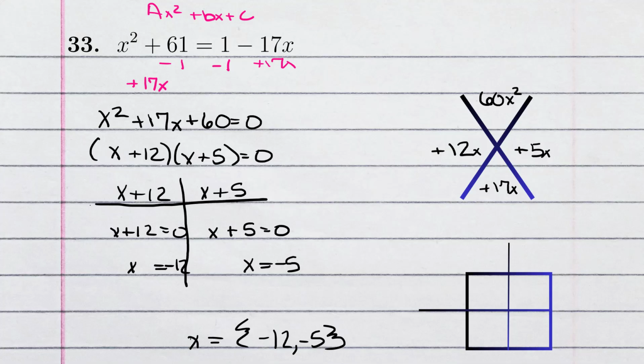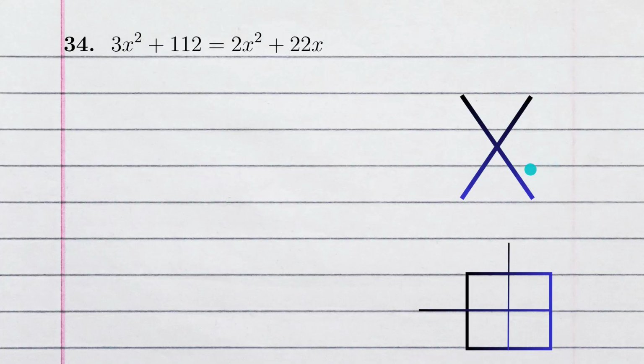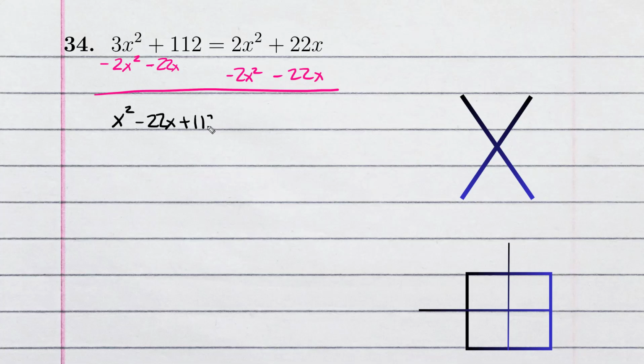Now let's go ahead and look at the next problem. Number 34, again, we need to start by getting everything to the same side. And so we get everything to the same side. We subtract the 2x squared, and we subtract the 22x. The 2x squared subtracts from the 3x squared. The negative 22x doesn't have anything to combine with, so it's going to be put in that spot in the middle. So 3 minus 2 is 1x squared minus 22x plus 112